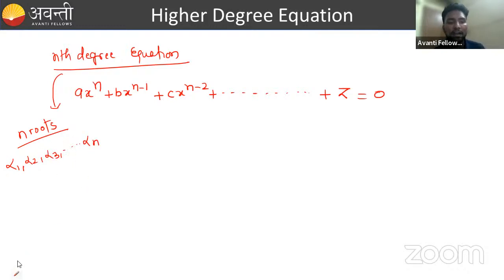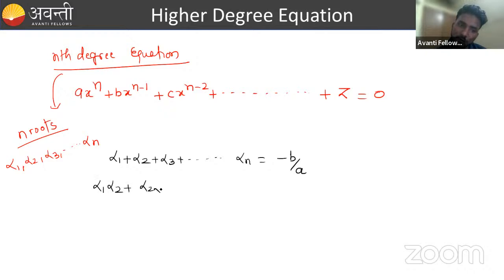So how can we write the roots of this equation? First we will write the sum of all the roots, alpha 1 plus alpha 2 plus alpha 3, like this up to alpha n, and it will again be minus b by a, okay. Then we have to take 2 at a time, alpha 1 alpha 2, alpha 2 alpha 3, like this it will go, so many combinations are there, and it will become c by a, okay. Similarly, if we take the product of alpha 1, alpha 2 till alpha n,